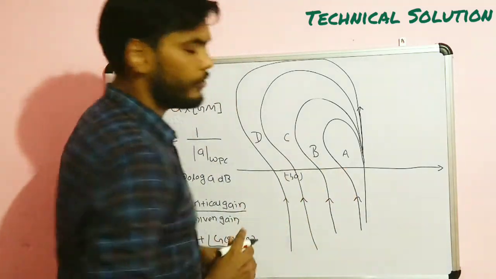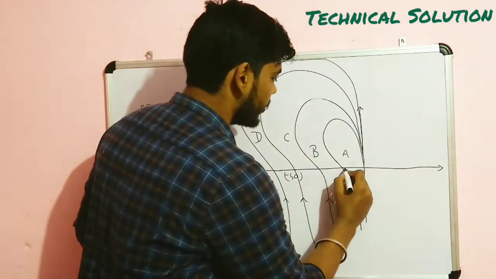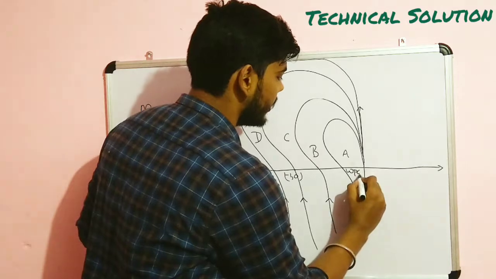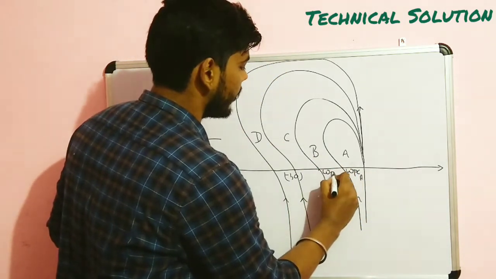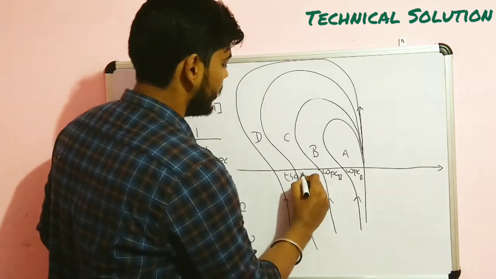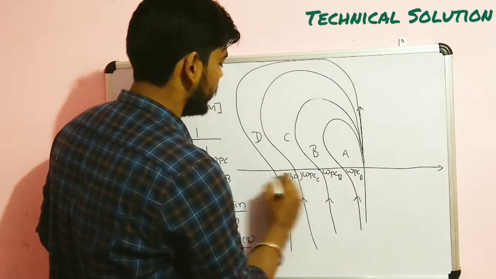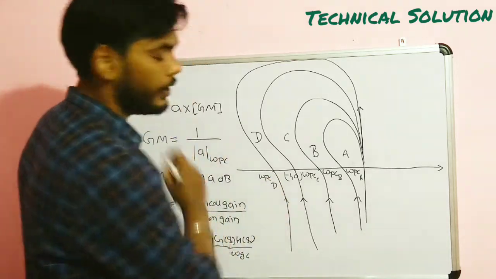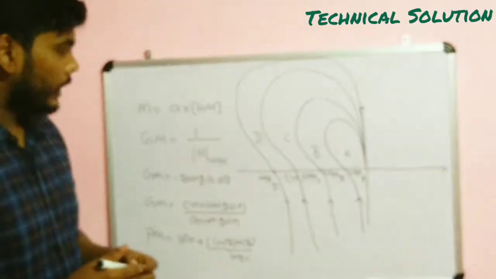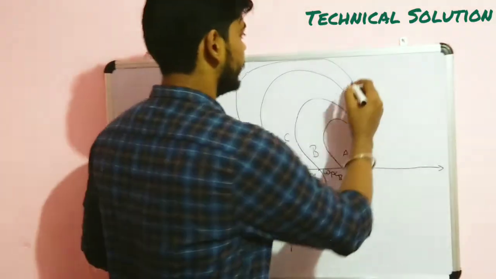For system A, the phase crossover frequency, omega Pc for A, is here. Similarly, here are the phase crossover frequencies for B, for C, and for D. Then next we find the